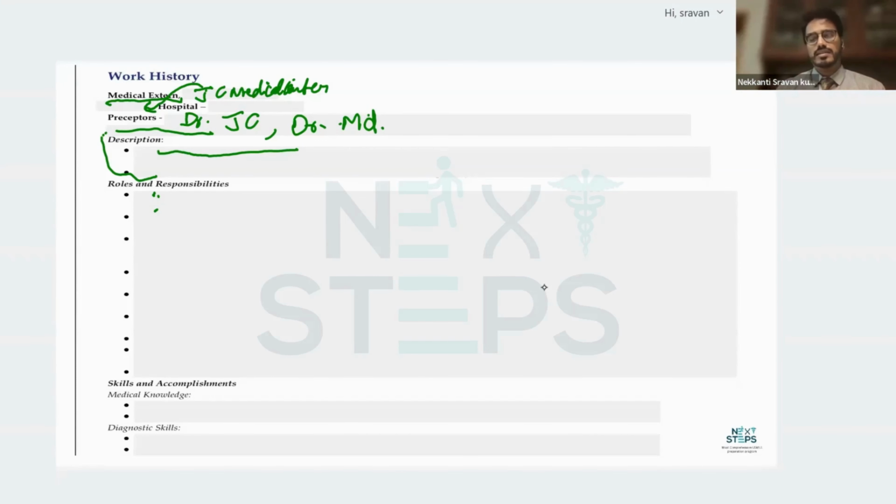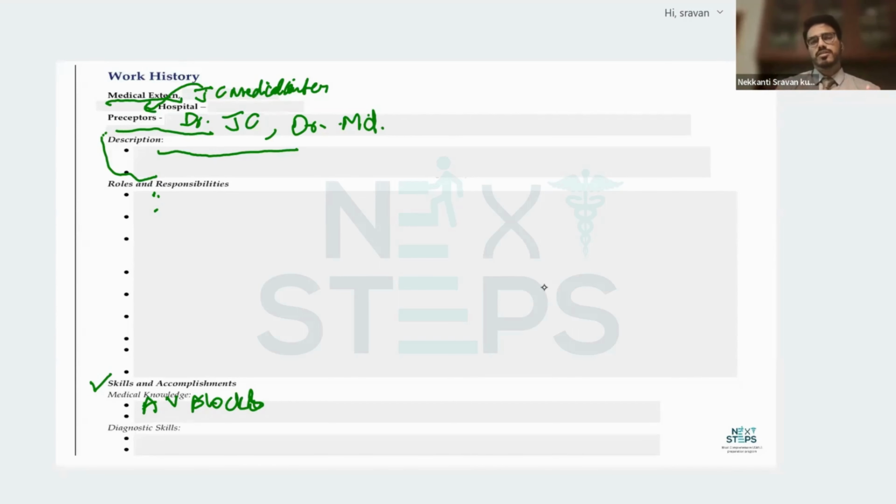Suppose you've worked as an emergency doctor at the emergency medical room for a few days at a hospital. So your role is to admit emergency room patients, stabilize the patients, and then transfer the patients to respective departments, something like this. And coming to the skills and accomplishments, medical knowledge would be, let's say, like I said, whatever you're putting here should be something that is true. Let's say AV blocks. Okay. So now the program director or a person who is talking to you or hiring you would want to know, Dr. Shravan, I see you've mentioned AV blocks, could you tell me a bit about it? So then since I really did it, and this is my true experience, I can confidently say,